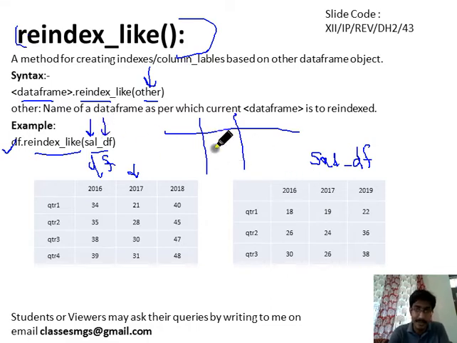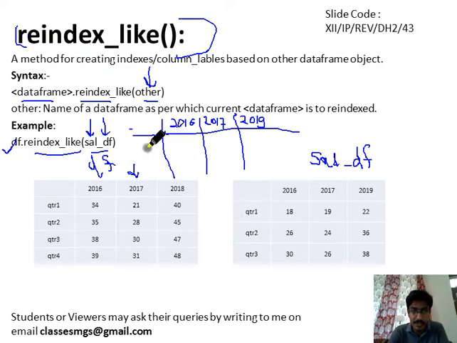The cell_df structure is: 2016, then 2017, then 2019. So this is the column structure, meaning the row index and column index will be copied.